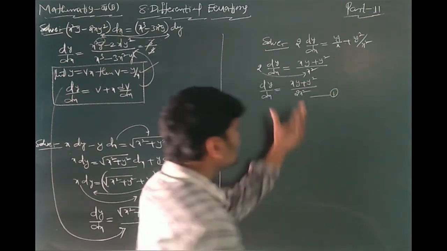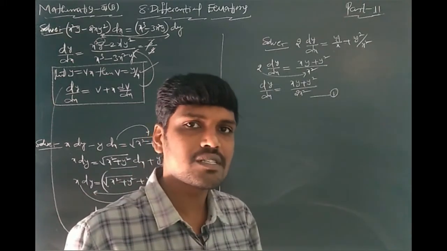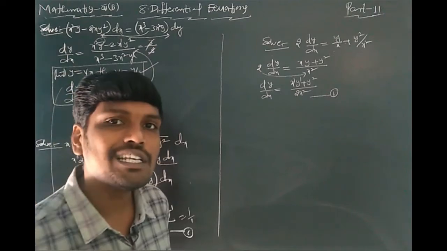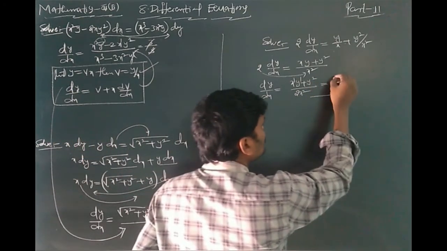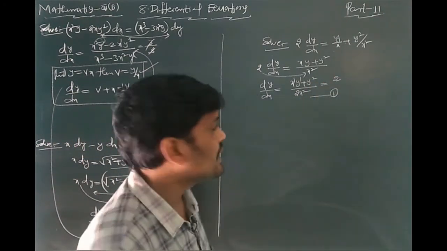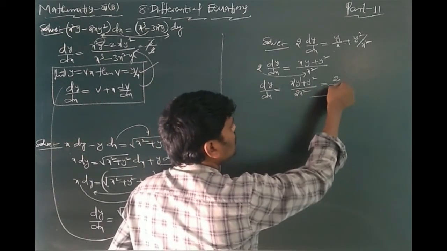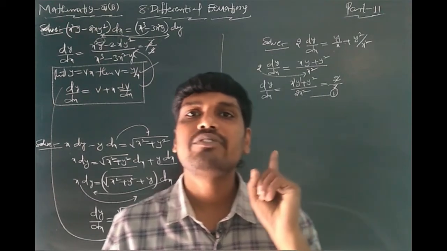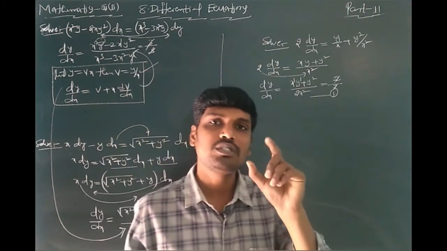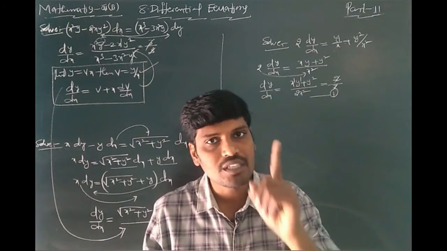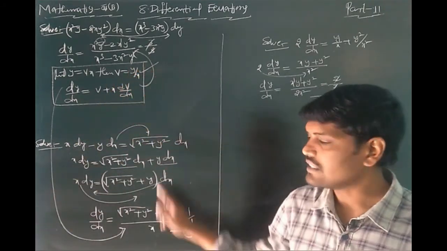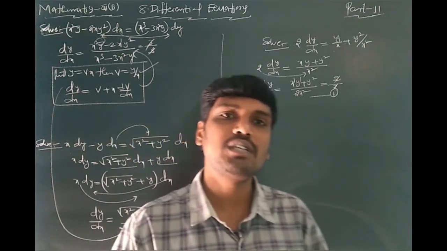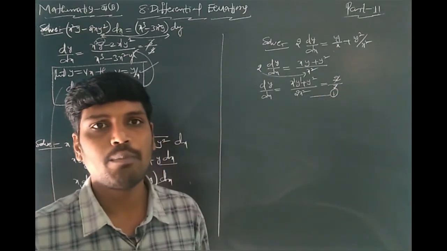This is equation 1. Check, students, whether this is homogeneous or not. Here x power 1, y power 1; 1 plus 1, the degree is 2. Here also the degree is 2. Here the numerator degree is 2, and the denominator degree is also 2. Here both are equal. This is also first degree. Maximum differential equations are homogeneous first degree only. Observe that, friends. This is first degree, this is also first degree, and this is also first degree. Maximum problems on first degree homogeneous equations are coming in the internal public examination.